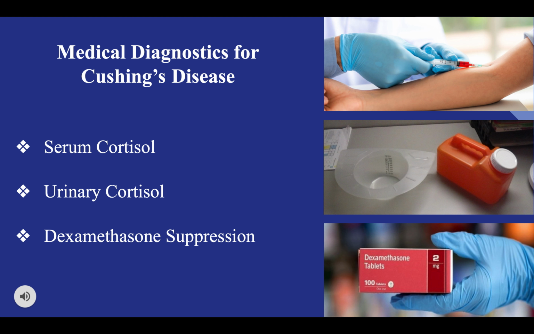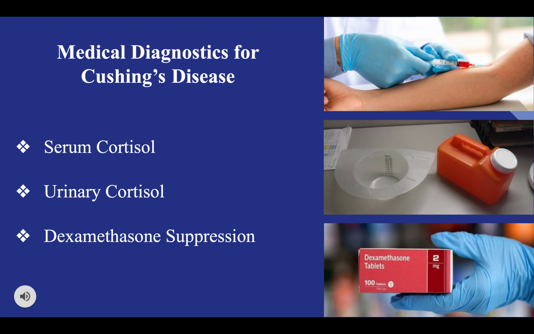A laboratory screening evaluation for Cushing syndrome should be considered in any patient with signs and symptoms of excessive cortisol secretion. The three main tests used to diagnose Cushing syndrome are serum cortisol, urinary cortisol, and low-dose dexamethasone suppression tests. 2 of these 3 tests need to be unequivocally abnormal to diagnose Cushing syndrome. If the results of all 3 tests are normal, the patient likely does not have Cushing syndrome. For these patients, further testing is not recommended unless symptoms progress. If test results are either slightly abnormal or discordant,